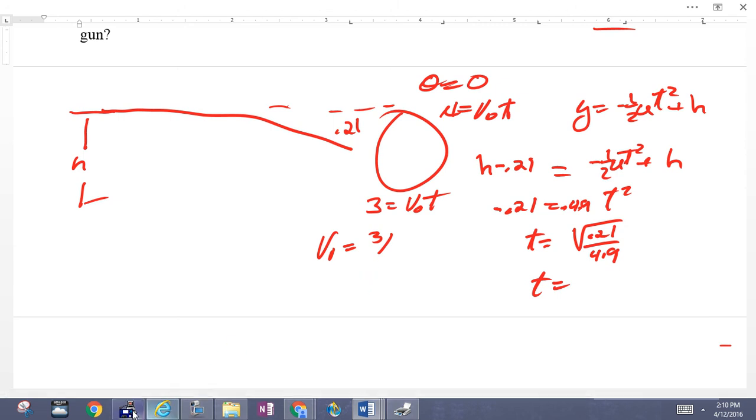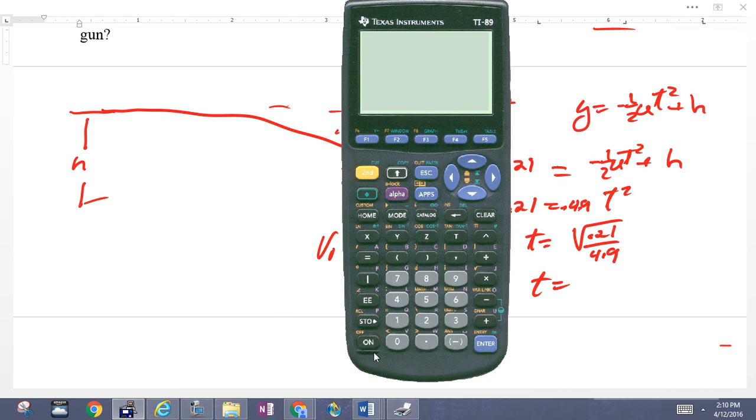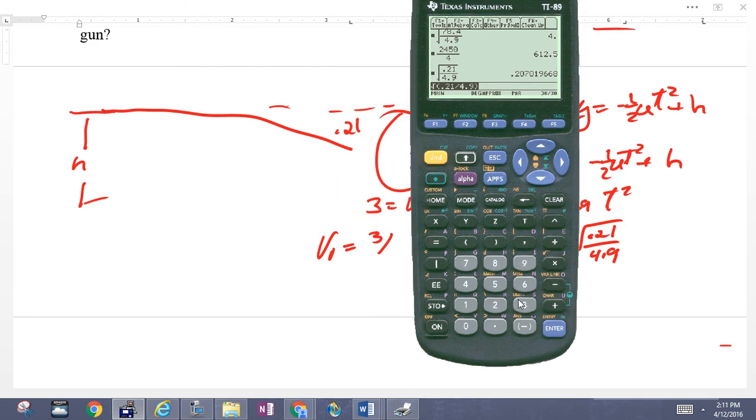So again, going to our calculator, we're going to see the square root should be a relatively small amount of time. The square root of 0.21 divided by 4.9. And that is a very small time of 0.2 of a second. And then we're going back, and we're going to say 3 divided by that is going to give us